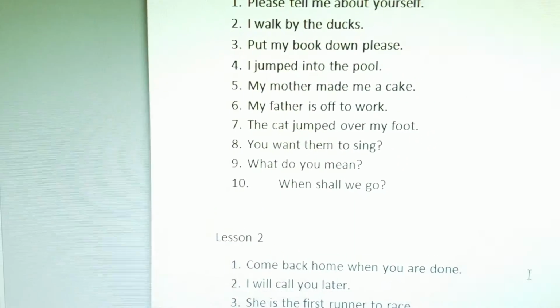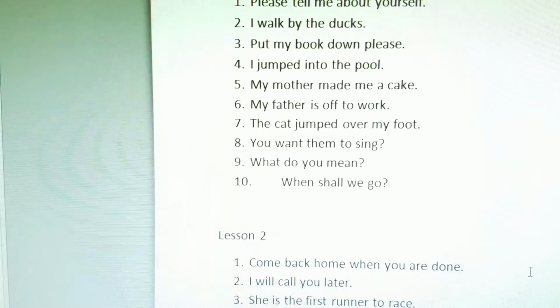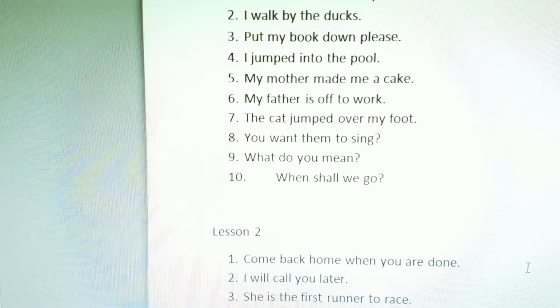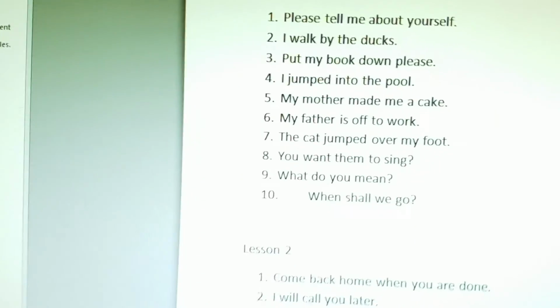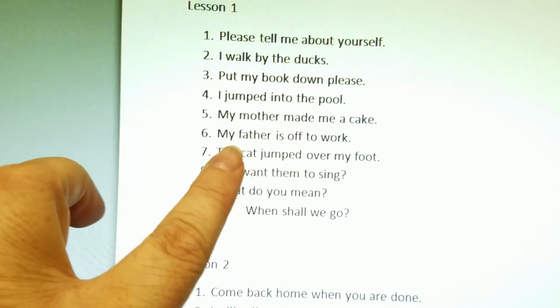And you can pause this at any time, which is what you should be doing to correct your sentences. And then just restart from where you left off. Number 6, oops, let's get this back on. Number 6 is, my father